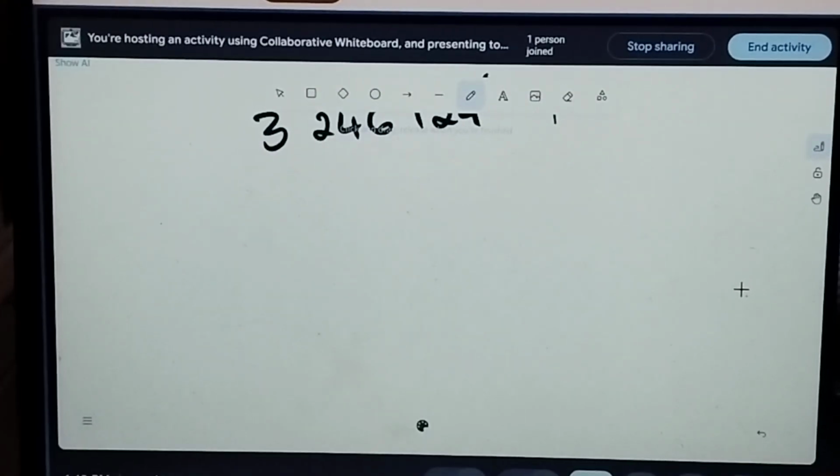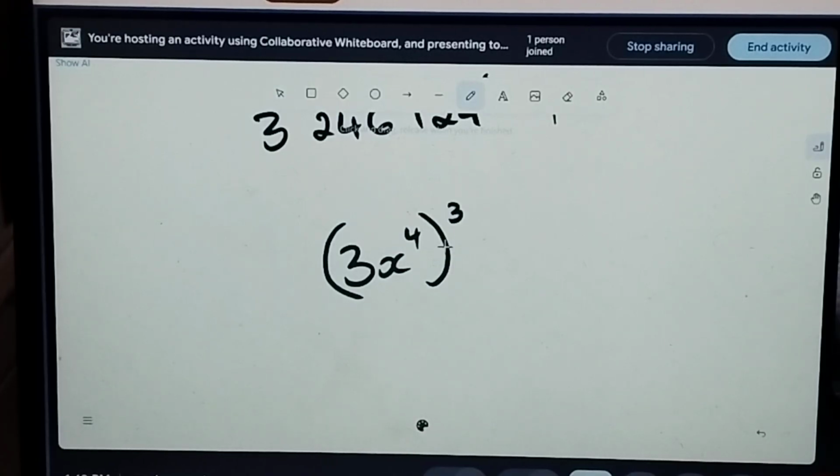Then we get what they call raising a power to a power. So let's say I had 3x^4, and I raised that to the power 3. So I put a power outside a bracket, and I'm going to raise everything in that bracket to that power. Power 3 is called cubing. So the first thing I'm going to cube is the 3. I'm going to say 3 cubed, x to the,